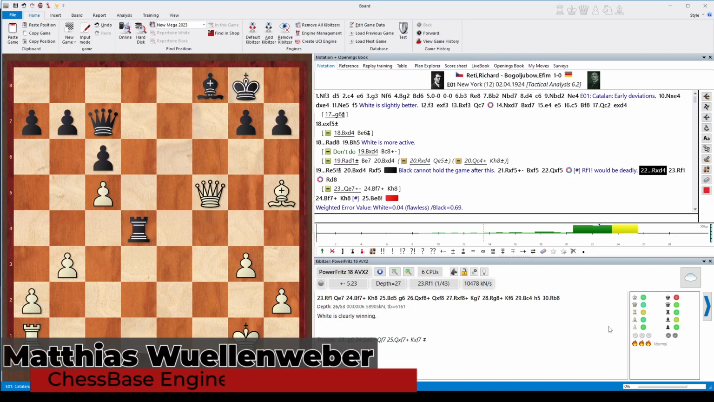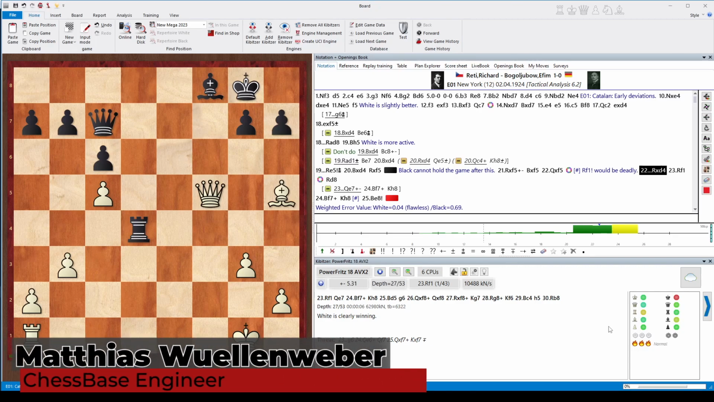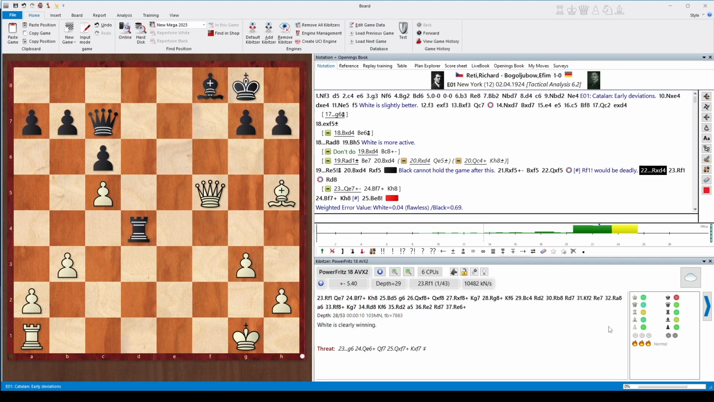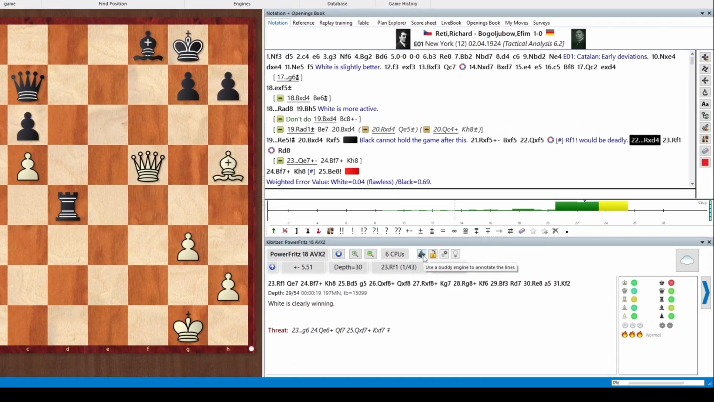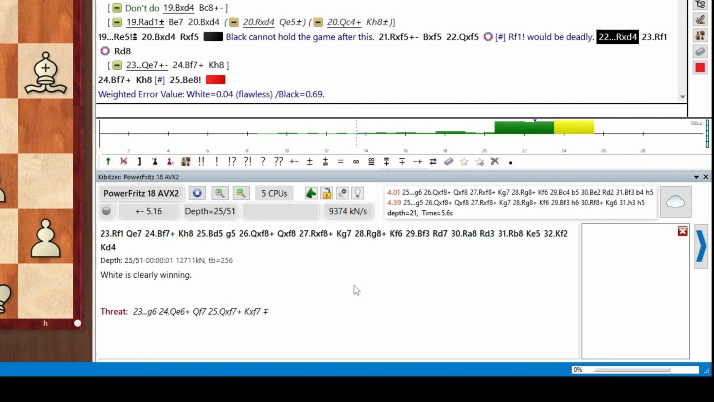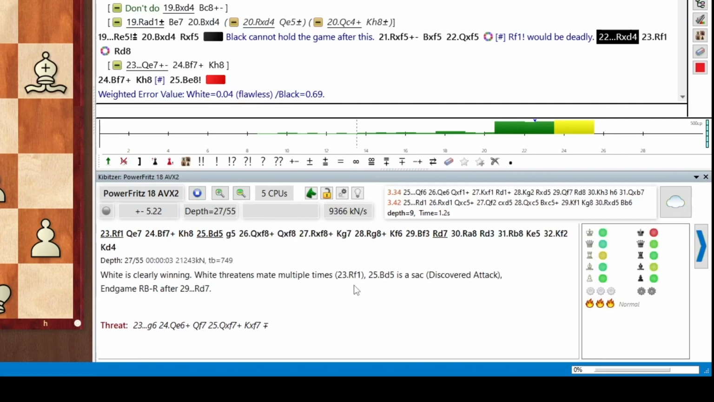We need to talk about Buddy. This might become a bit technical, but if you understand precisely what this little helper engine can do for you, your chess analysis will benefit greatly from it. You launch Buddy by clicking on this little dock button here, and when you click it, the dock button gets green